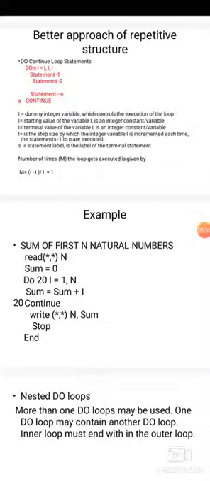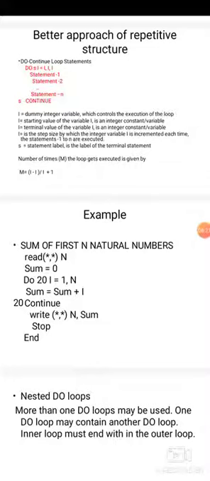Sum is 0 at the start. We are using this loop do 20. This 20 is the statement label for continue. I is equal to 1 to n. We want to find the sum of first n numbers. Then sum will be equal to sum plus I. Then 20 continue.